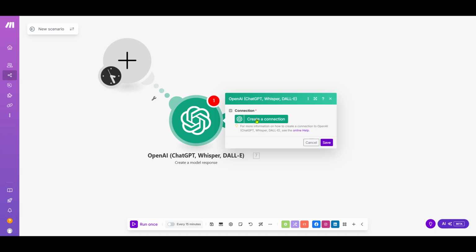And there you have it. You've successfully set up and connected Chatgpt to Make.com, enabling you to harness the power of automation more effectively in